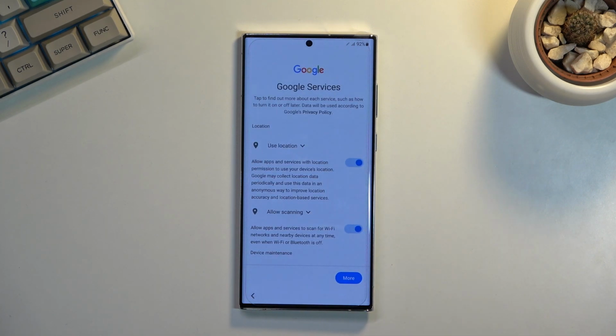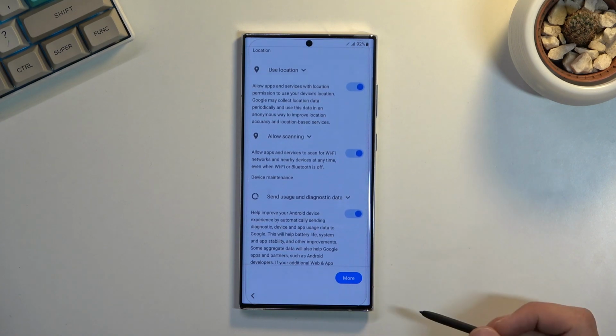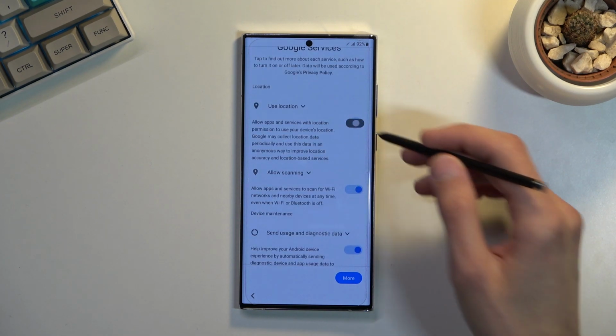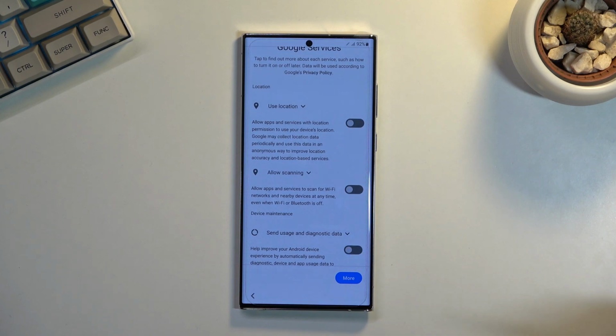And from here we have also Google services, and this will obviously appear regardless if you connect it or not. So we have things like location, scanning, and sending user and diagnostic data. Now, even though I said I like to use Google services for things that are required, I will turn it off, because if I'm correct, this turns off location for everything, and if some app needs a location, it will